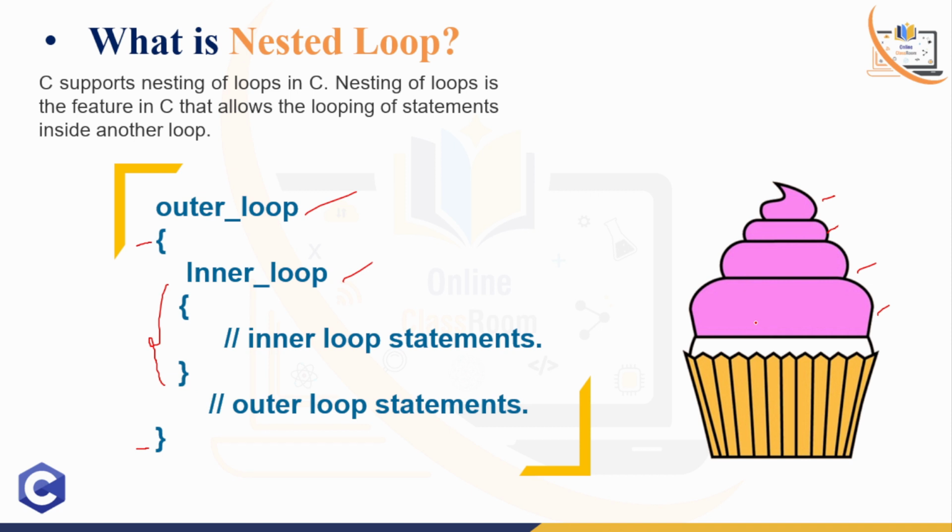In my previous video we already discussed the three types of loops: one is the for loop, another one is the while loop, and another one is the do while loop. Like this, we can obviously write a nested loop in all the cases. In a for loop we can write a nested loop, in a while loop it is also possible, and in a do while it is also possible, right? So let's go to the programming first.